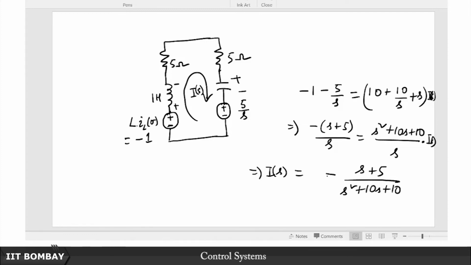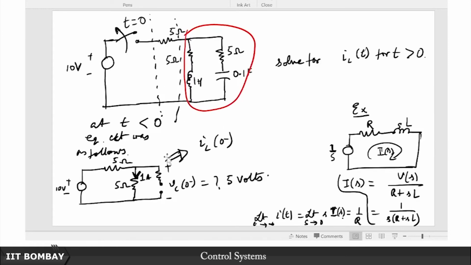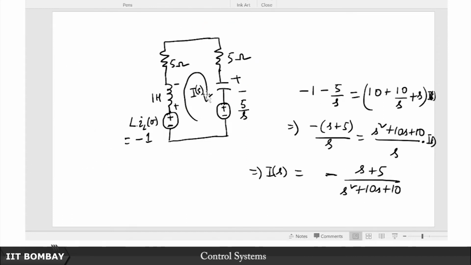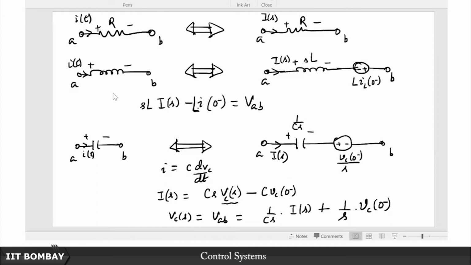This minus sign just denotes that the actual flow of I will be in the direction that is opposite to what we have considered here. So remember, because of our convention here, this became a minus 1. Why? To reiterate, this is very important. Remember the polarity of the current, the direction of flow of current before the switching happened, it was in the downward direction, but we assumed that the flow of current is in the upward direction after the switching, right. So even though we respected the convention here, according to this equation, plus minus minus plus,